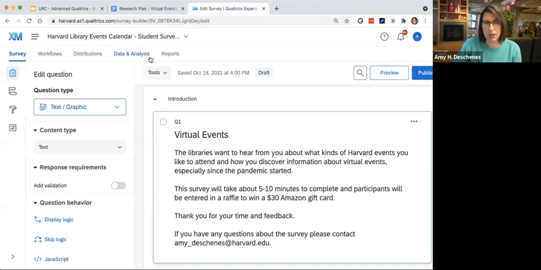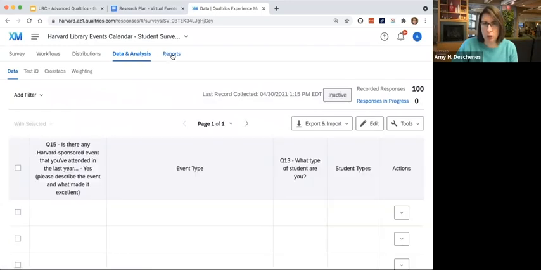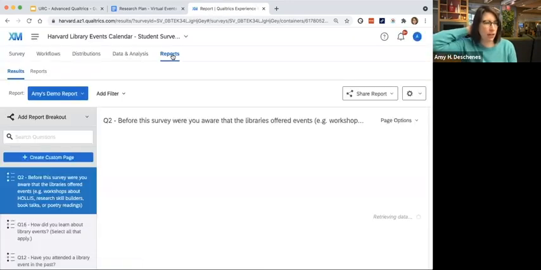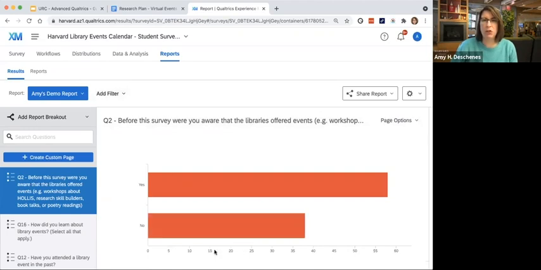All right, so we're in Qualtrics. The first thing I usually do is look at this reports tab. The data and analysis tab is going to have all your data in a spreadsheet kind of view. But I think the first thing I like to look at is the reports, because it just gives you this canned view of the results, and it's a little bit easier to start digesting people's responses.